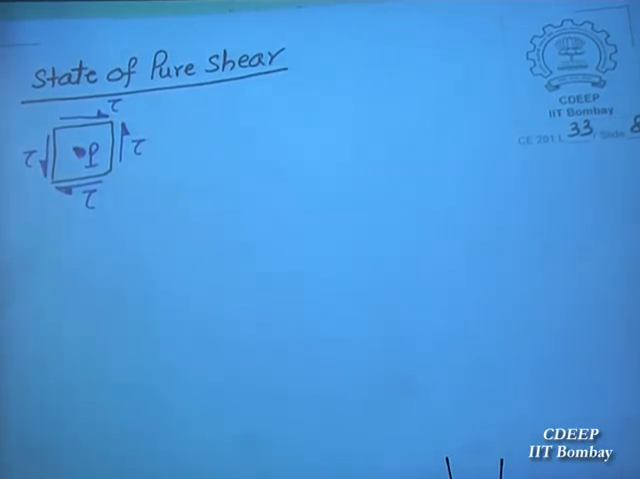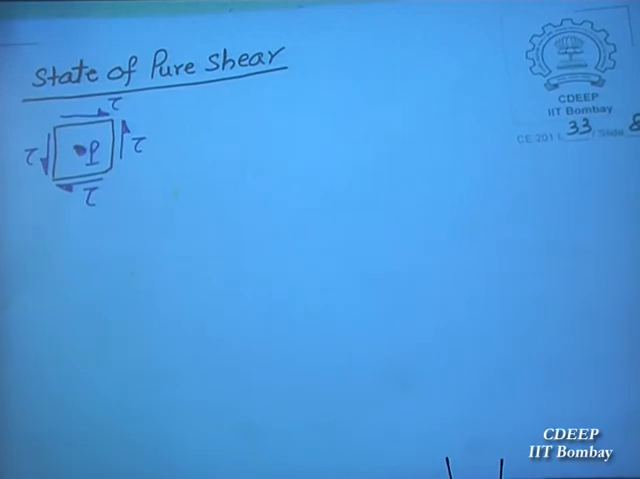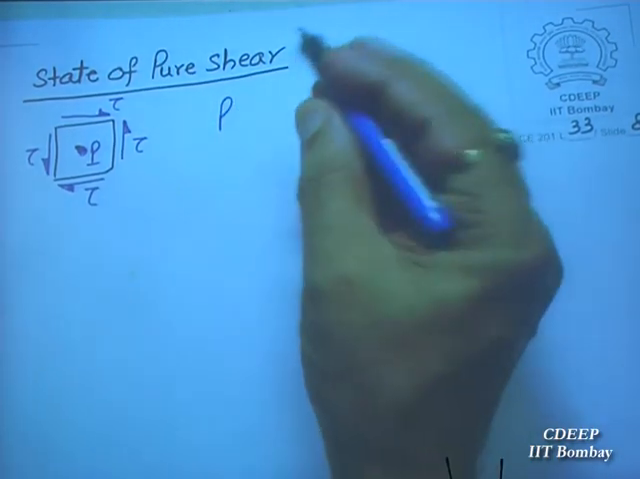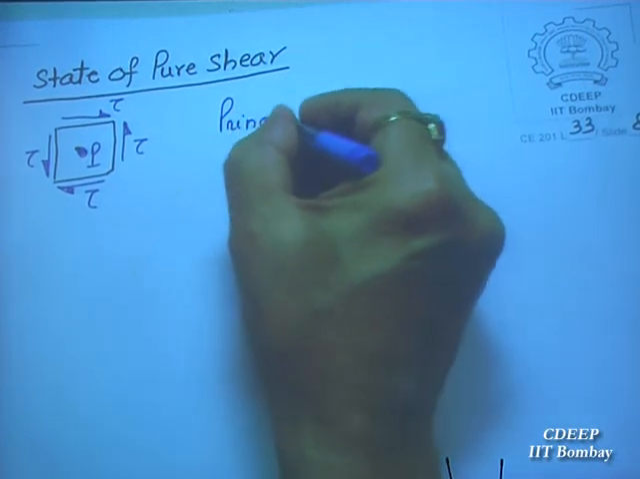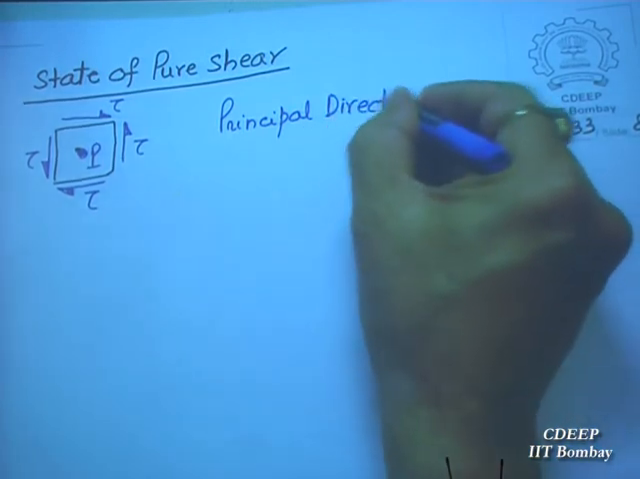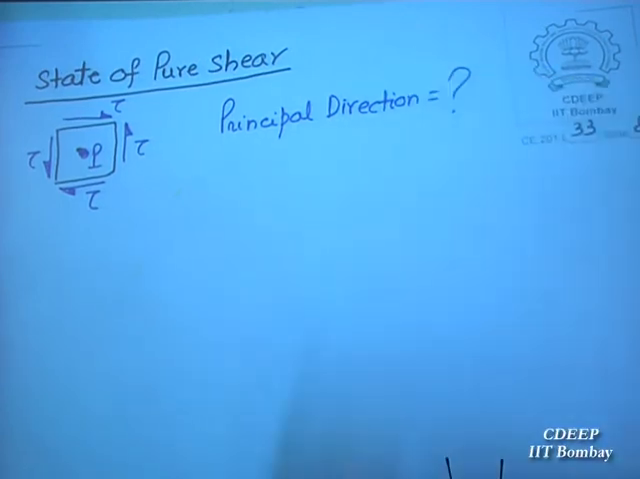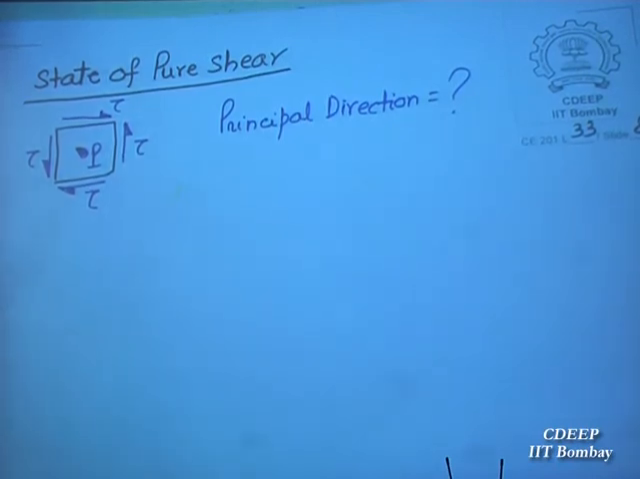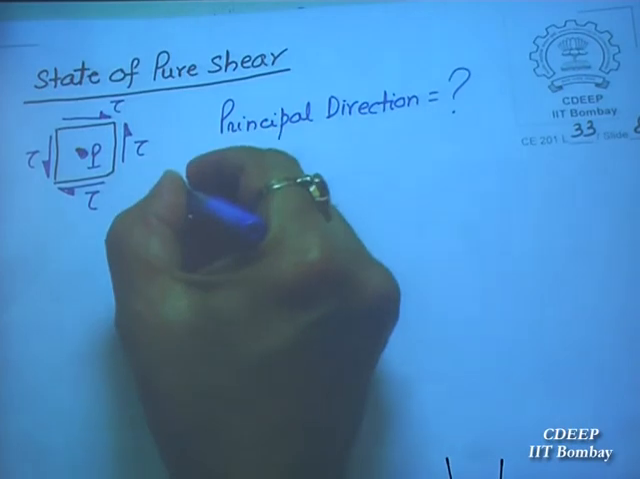I want to find out for this pure shear state the principal direction. Principal direction for this. What are the principal? Please find out what are the principal directions. Yes. How did you get 45 degrees? Yes, because this one is tangent